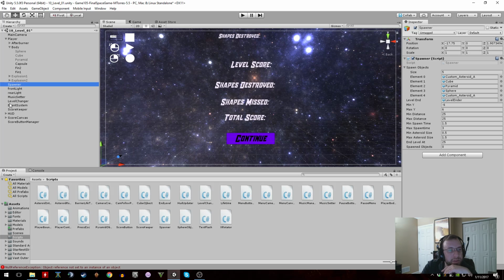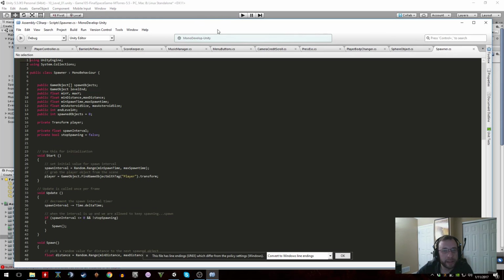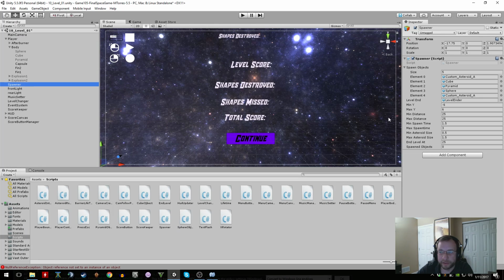The script, I can't believe I haven't shown this yet. The spawner script is I think pretty good. I had a fun time making it. It has to be instantiated in the level. It's got some variables you can tweak here. It has an array of game objects that will be the things that are spawned just off the right edge of the screen as the game plays. And you can size this array of objects to whatever you want. I've got 2 asteroids in there because I wanted to up the chances of an asteroid a little bit, and